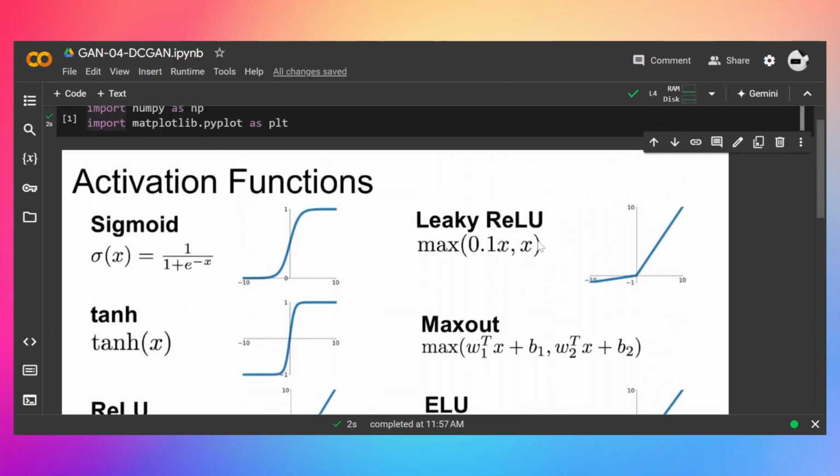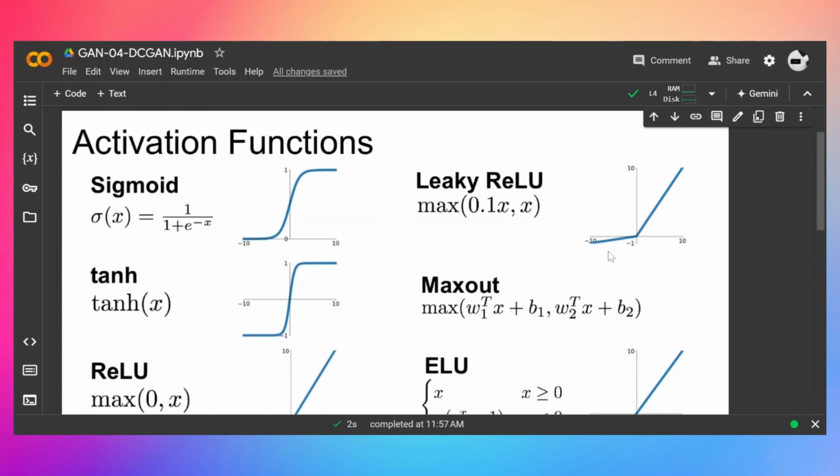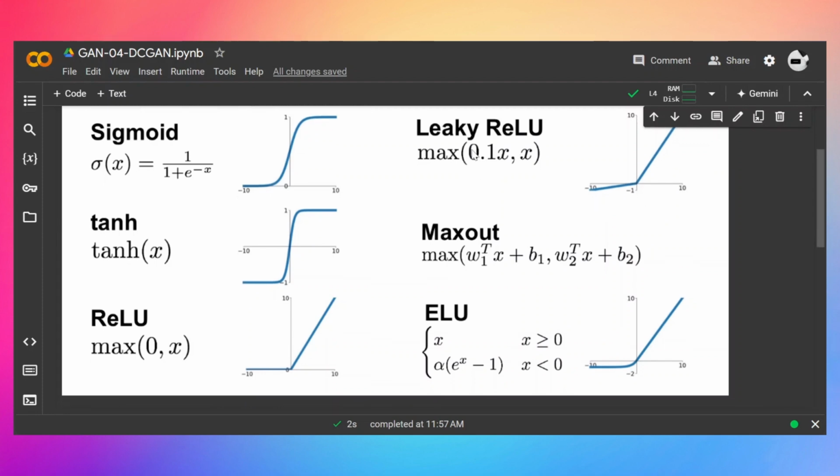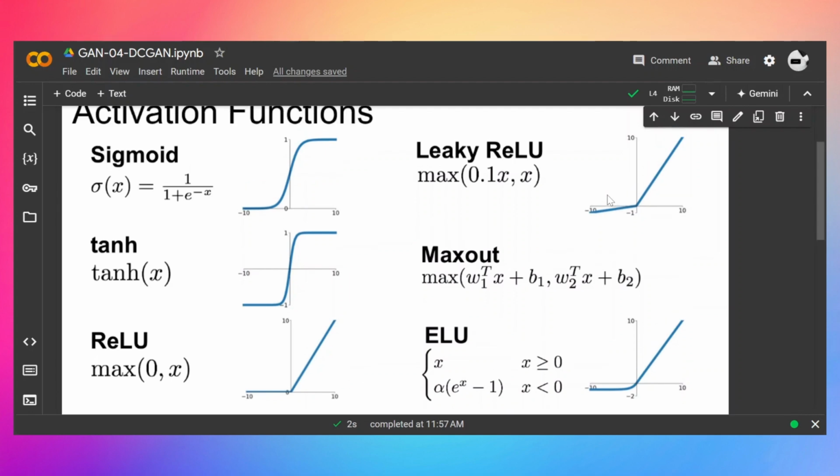Then we have leaky ReLU. So you can use leaky ReLU or SELU in the generator part of the GANs. And in this video, we are going to use this leaky ReLU. It is a bit like ReLU because the values on the positive axis range from 0 to +infinity, but it also deals with the negative values, even though it multiplies them with this alpha, which is 0.1, so it will reduce the magnitude of the negative value, but still we will have negative values as activations,